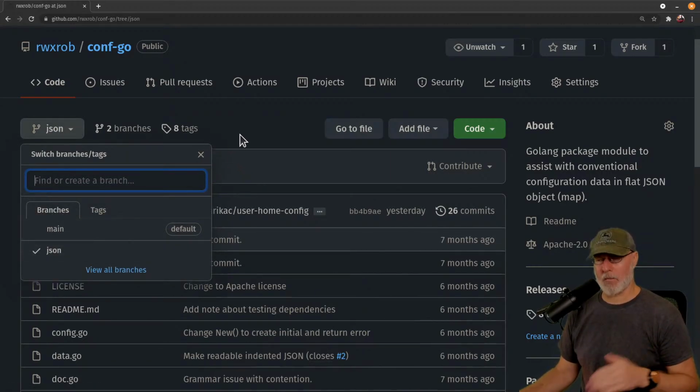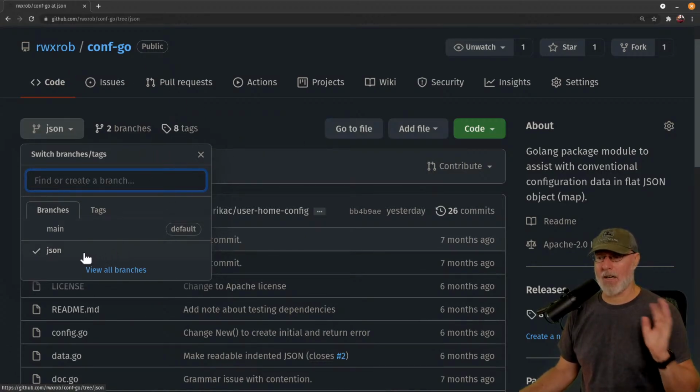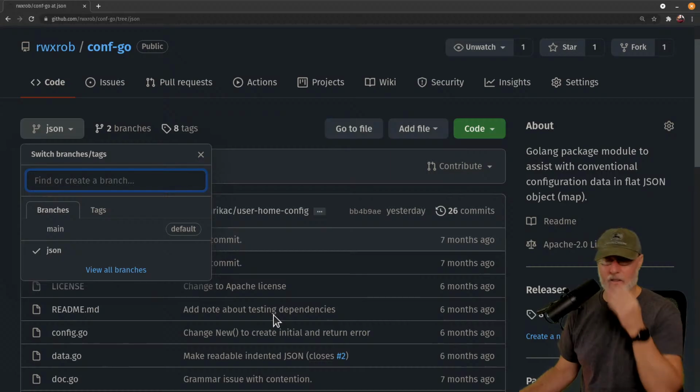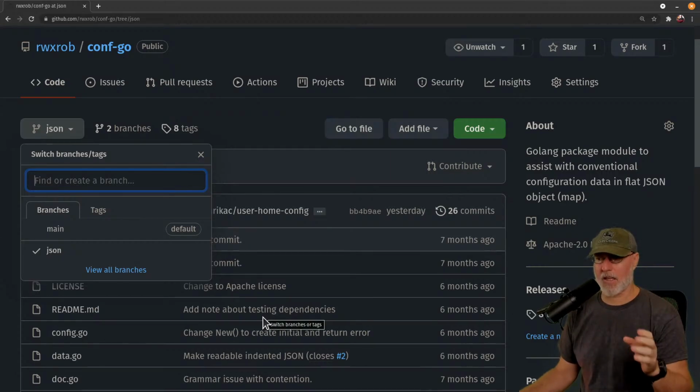So just to preface that, what I've done here is I've already branched, because I have a lot of people that are dependent on this other code. If they've done Go right, they've got their checksums and they are locked to that tag, and they are going to be fine. But when they go to do an upgrade or an update, they're going to find that I don't support JSON anymore.